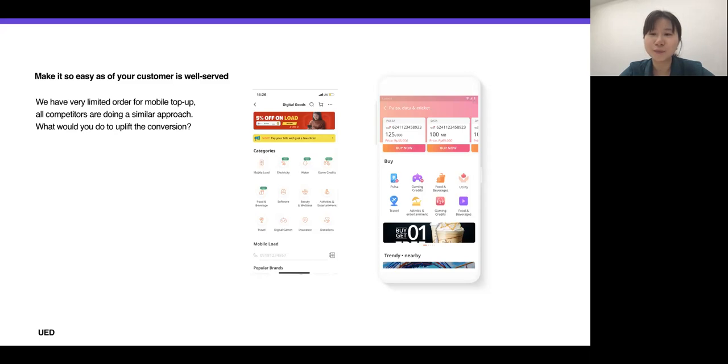In which case we made it super easy for them. We captured the phone number and then we recommend based on the best selling SKUs on the load and data. And all you have to do is buy now. And this module worked so well that we actually ended up using it in multiple different places, including my account, including Lazada wallet. It really helped with our sale.